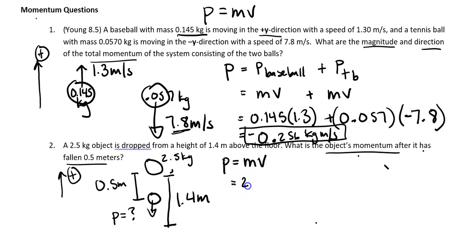Okay, so mass is what? 2.5. Do we know the velocity at 0.5? No, it is moving. We do know that. So let's go ahead and find that velocity. So I'm going to go ahead and set up my